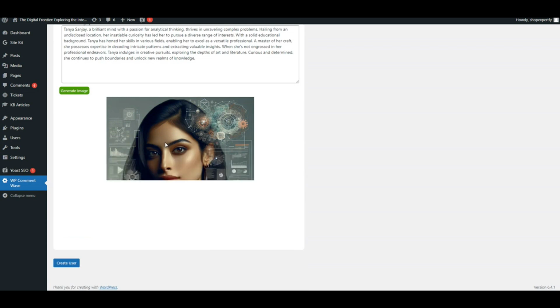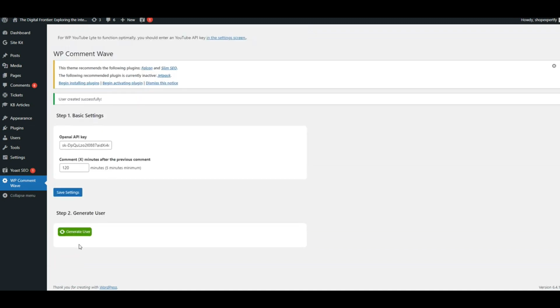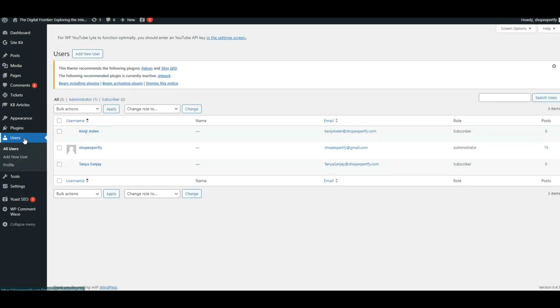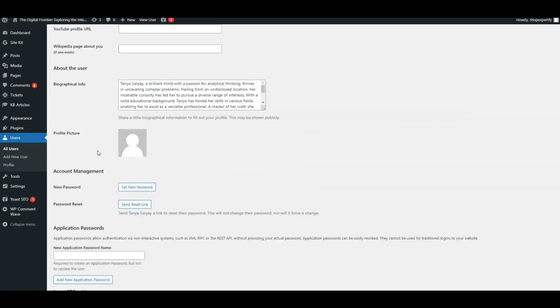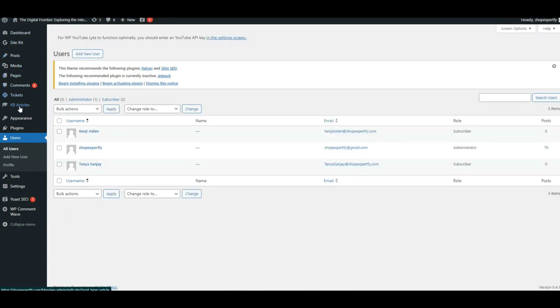At the same step, you can immediately generate an image for the user. The request is also made to OpenAI, and Dall-E returns an image. Generating an image costs 4 cents, so consider this depending on how many users you need to generate. You can see the resulting images in the video, but essentially, you can adjust the prompt request for generating images to get them in the format you want.